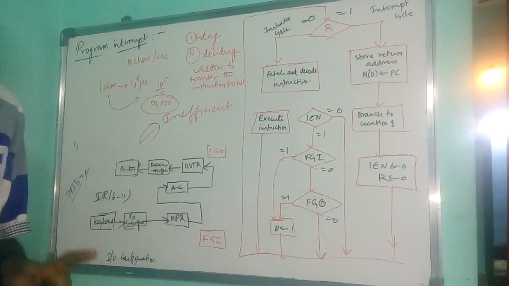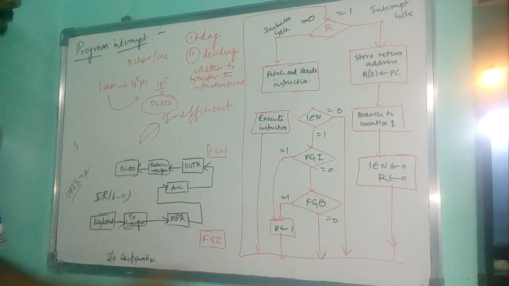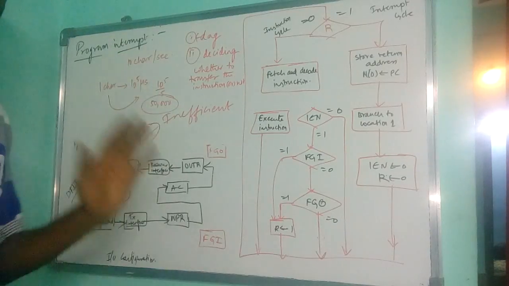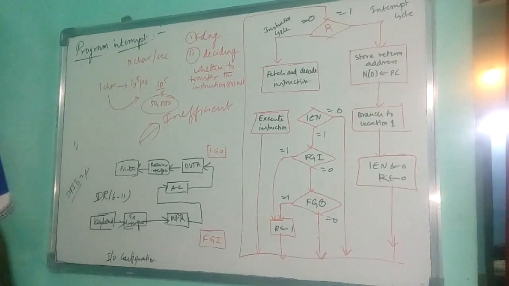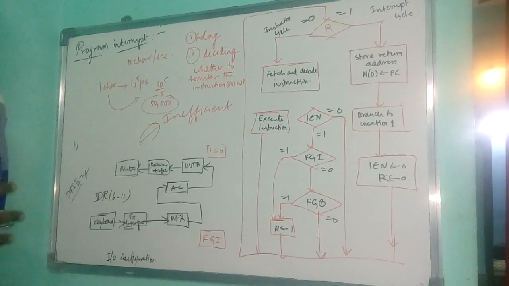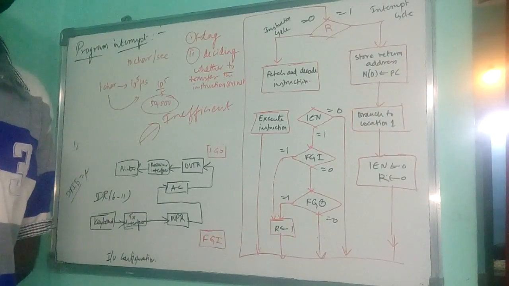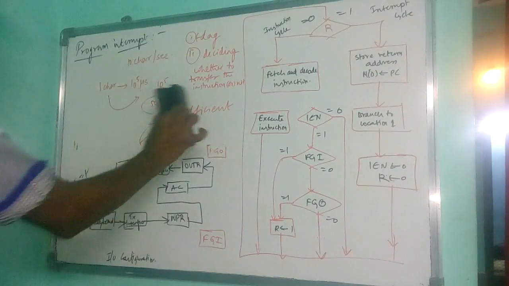Okay, for every instruction cycle we have only one microsecond time, right? But by doing this we are getting 50,000 microseconds for every instruction to complete. So this is not an efficient way for transferring the input or taking the output from the registers. Instead of this, we have got an alternate procedure for doing this